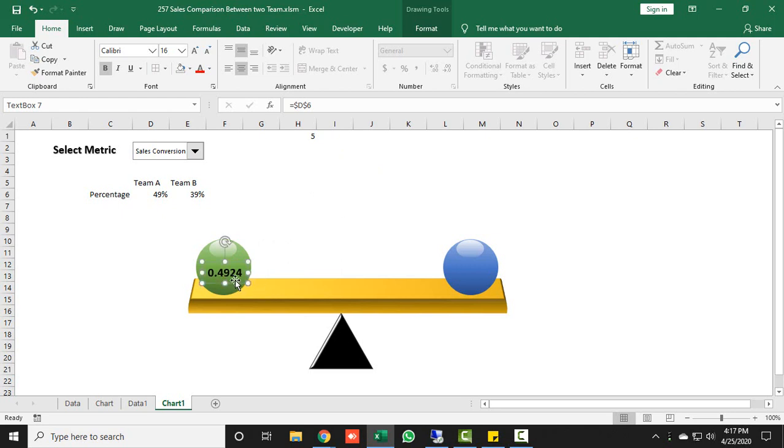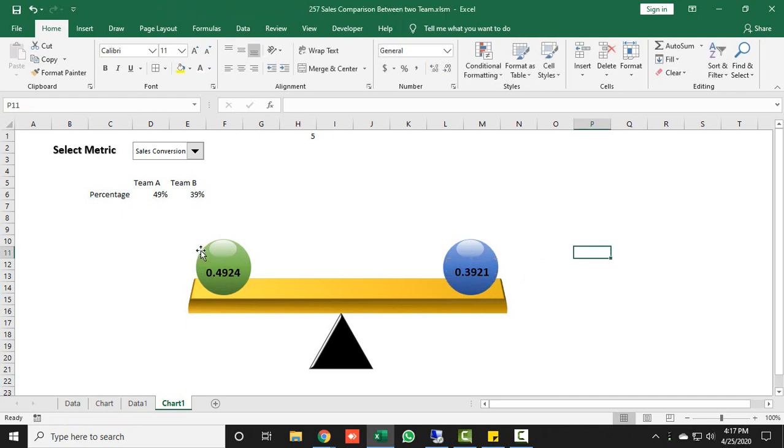Alright, then make a duplicate for another one, so for this, and connect this with team B. So press formula bar is equal to, then select team B percentage and use format painter like this one. Alright, now here you can see if I select any metric which has a number, the number is coming, but if I select any metric which has a percentage, it will never change in percentage, so I need to convert it into percentage.